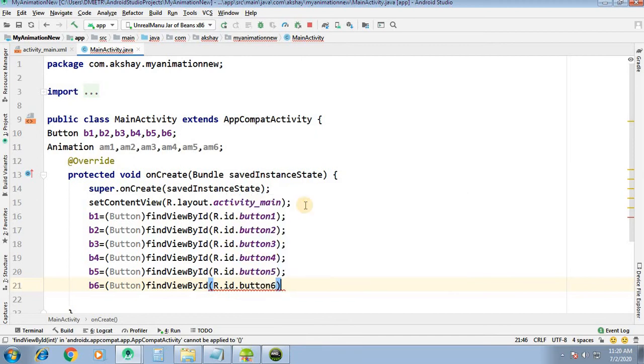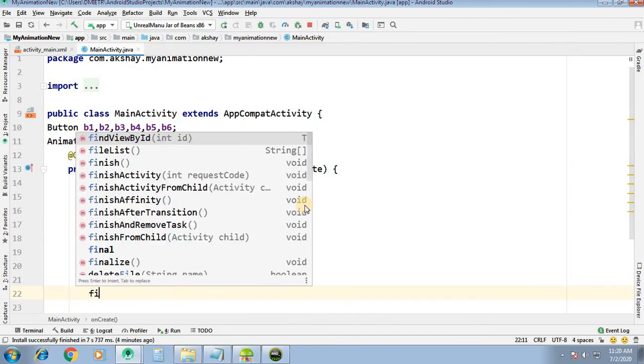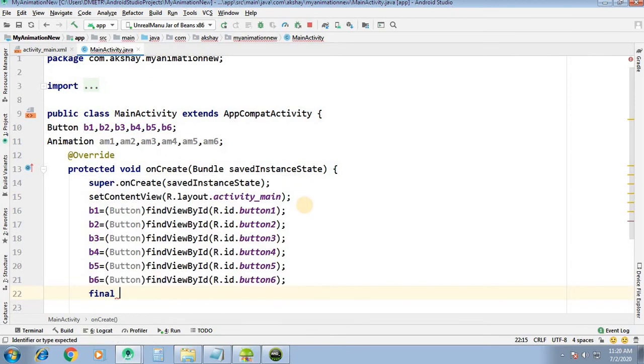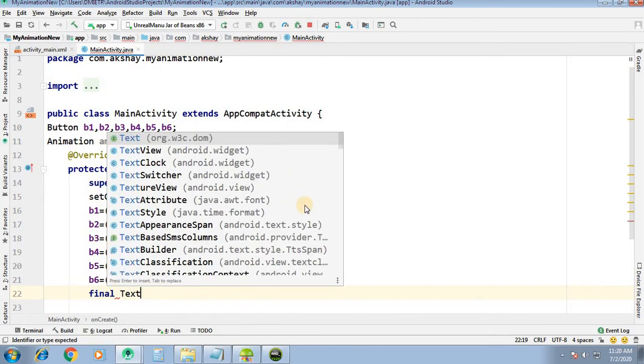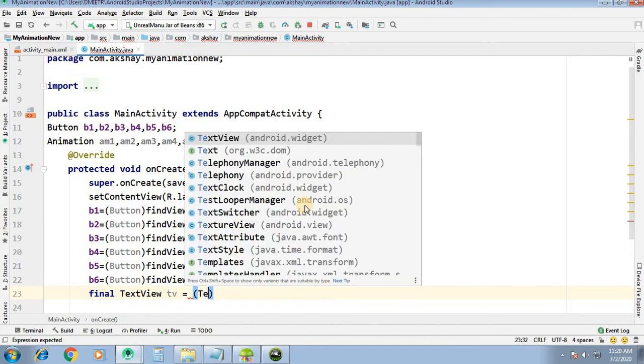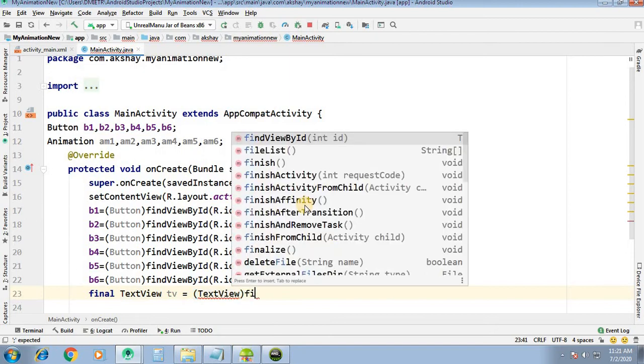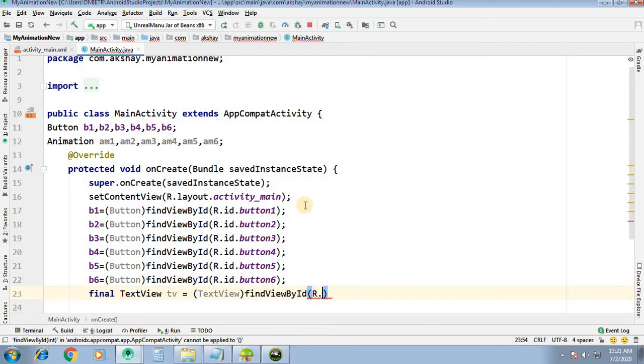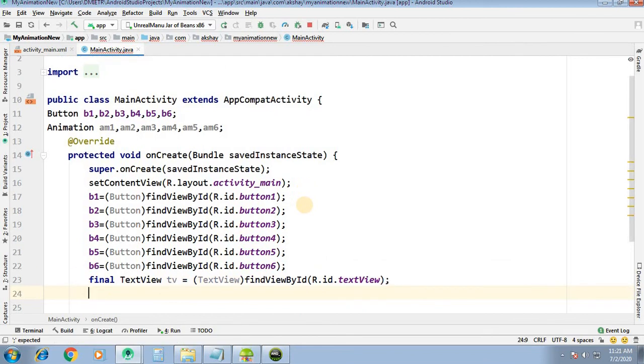And one more thing, we have the text view, so we will initialize the text view as final TextView tv equal to TextView find view by id R.id.textView. So we have the id for this text view also.